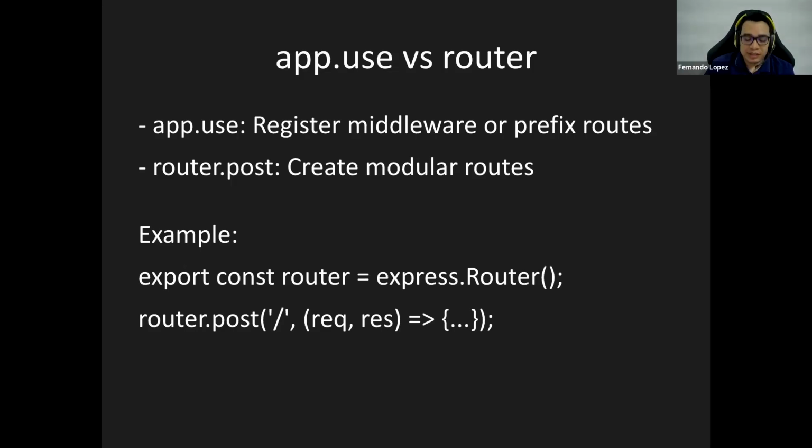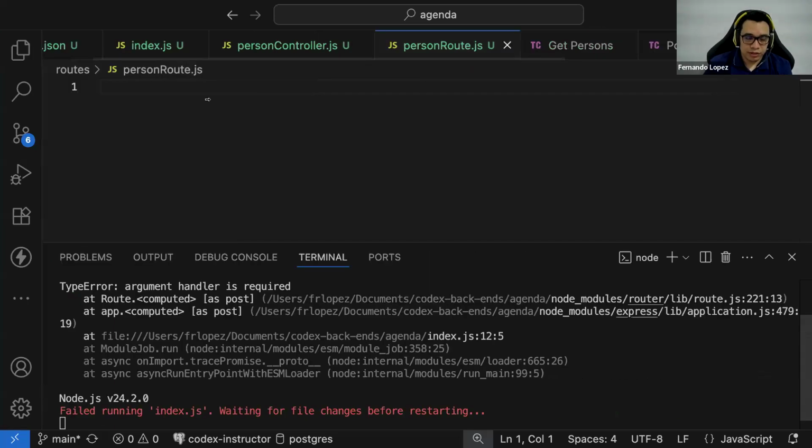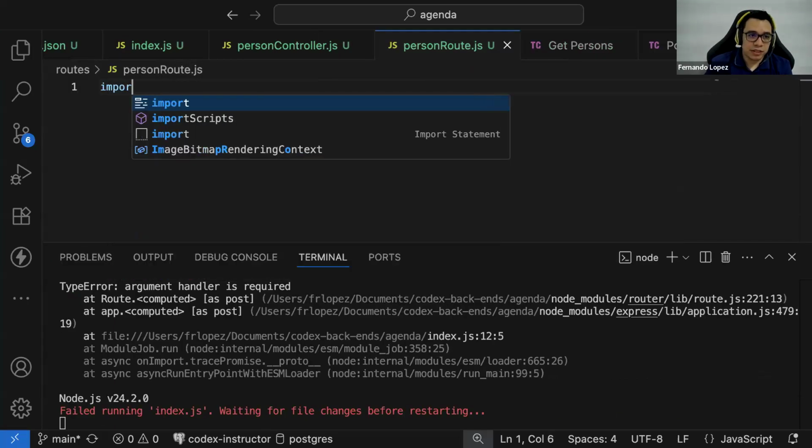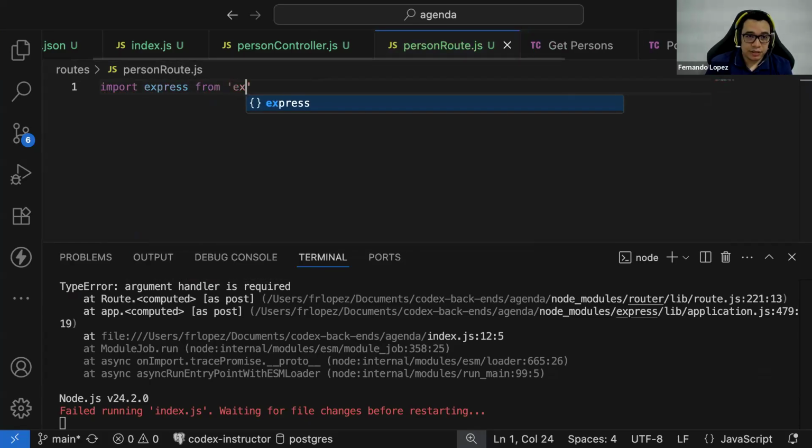Okay, so let's return to our code, and here we're going to import the express object from the library express.